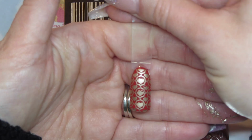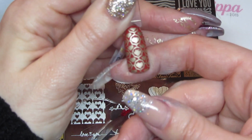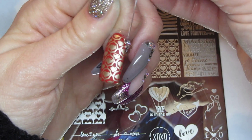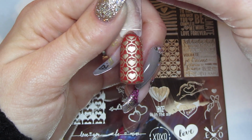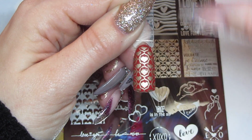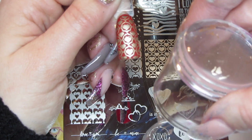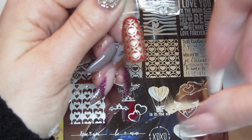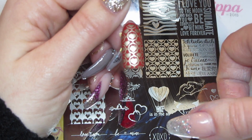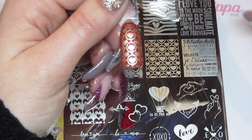Okay, so on this one, the image hasn't stamped absolutely perfectly. We're just missing a couple of bits here in the middle heart and the top one here and there, but the rest of it came out really well. I would say maybe it was due to the nature of the polish and the stamper together. Sometimes I find with these real chromy stamping polishes, they don't like the clear jelly stampers,